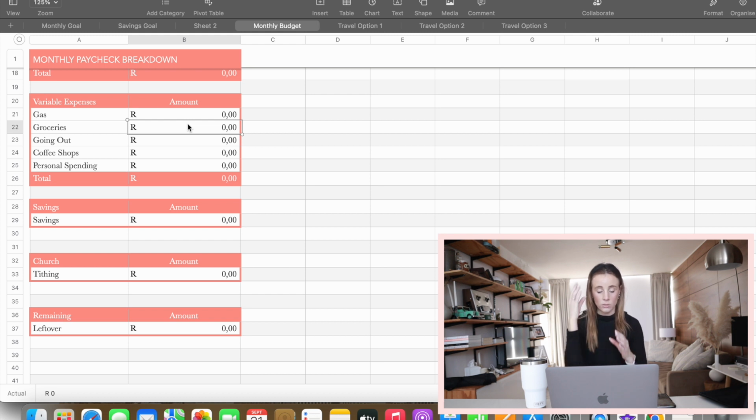So we have a budget per week. We know how much we want to spend in a month for groceries, going out and coffee stuff, and then we divide it by the number of weeks in the month, and that's what our weekly budget is. So we have very small budgets.